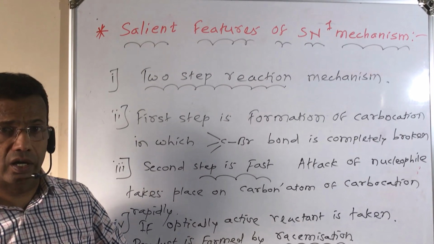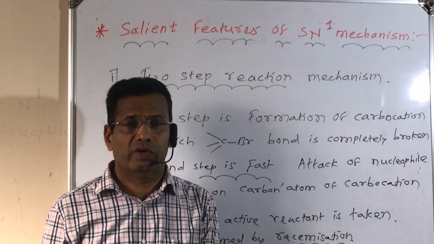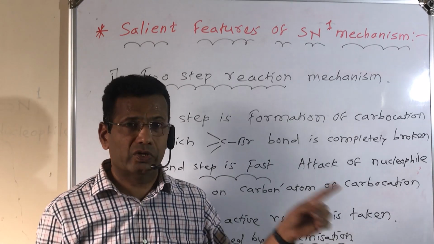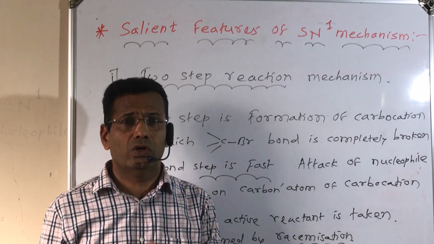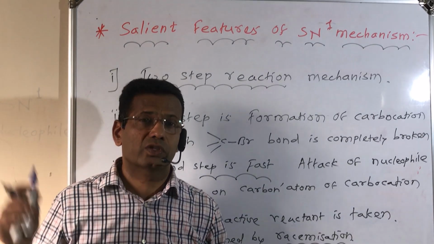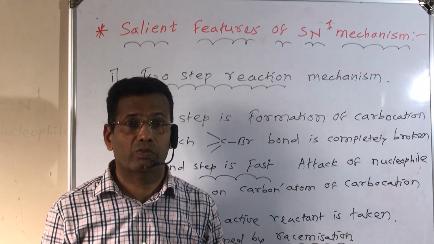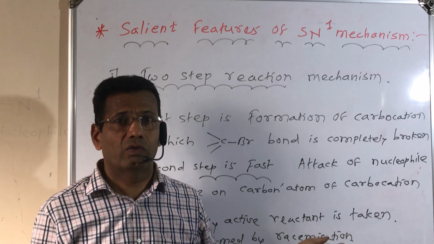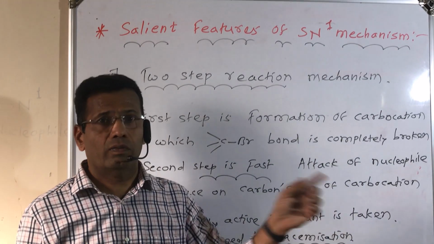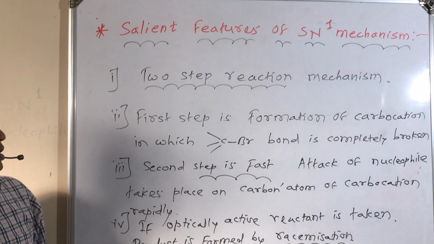Here it is considered that 50% product is formed by inversion of configuration, like flipping of umbrella, and 50% product is formed by retention of configuration, means same product is formed like that of the substrate molecule T-butyl bromide. There is no shifting of 3 methyl groups in the formation of product. Such a configuration of the 50% product is called retention of configuration. So these are four salient features of SN1 mechanism.